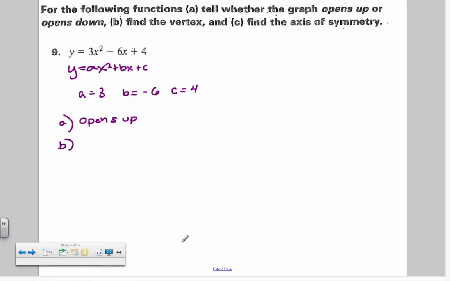For part B, it says find the vertex. Well, in order to find the vertex, I really need to find my x value. And my x value can be found by using the axis of symmetry. So I'm actually going to do part C first, which is to find the axis of symmetry. That's the line that goes straight through the vertex, and then all points are reflected over that line. To find the axis of symmetry,